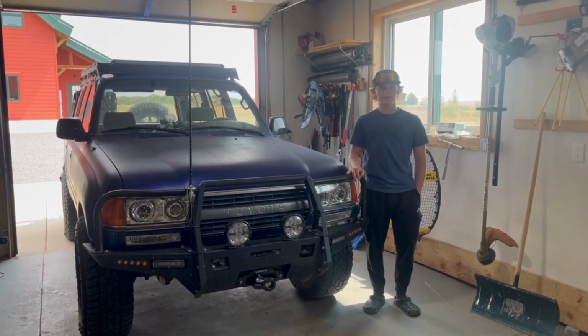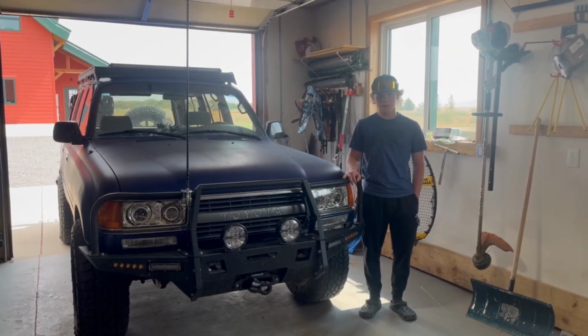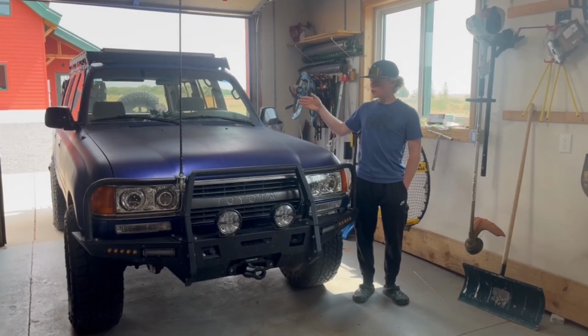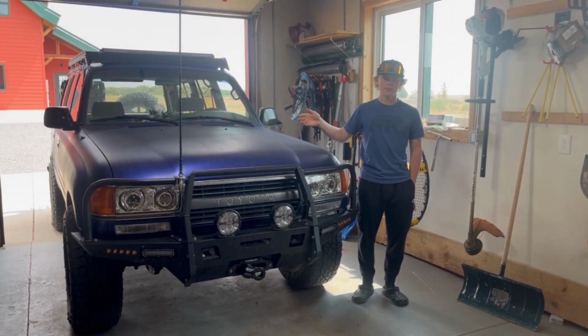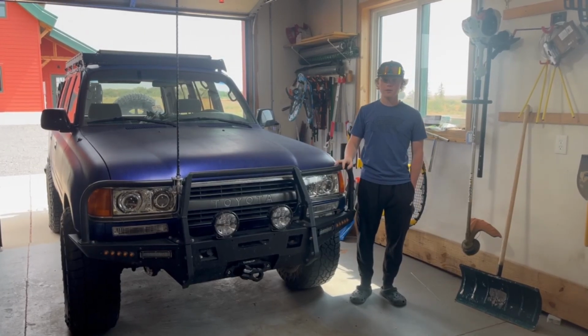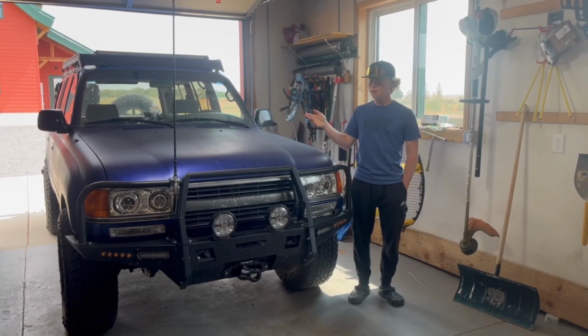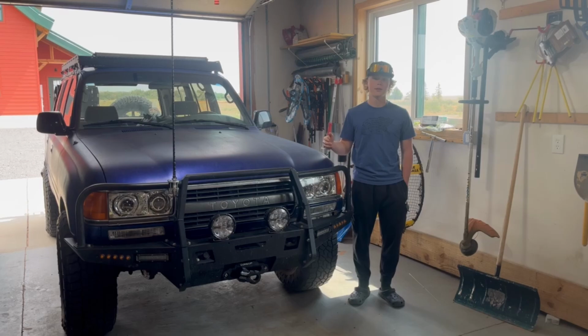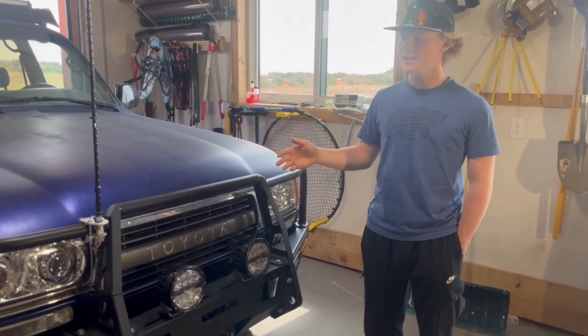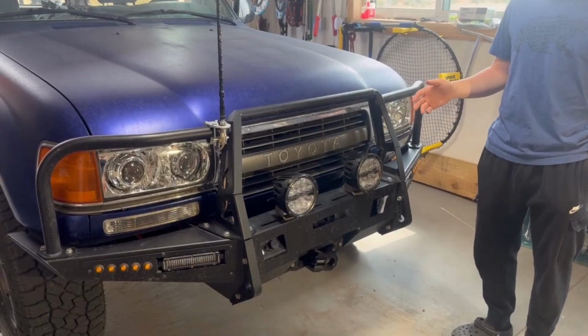We bought this Land Cruiser in summer of 2023 and have been working on it on and off for the past year or so, repainting it because it was down to bare metal in many spots. We put front and rear bumpers on and some lights and interior stuff, and I'll just be walking you through all of that today. So for the front bumper, I went with the Descent Off-Road Ultra High Clearance front bumper,